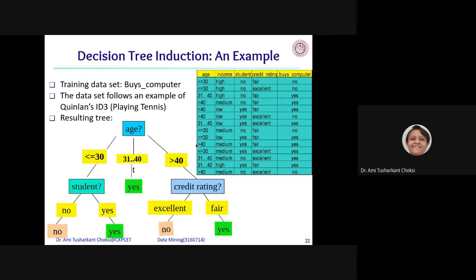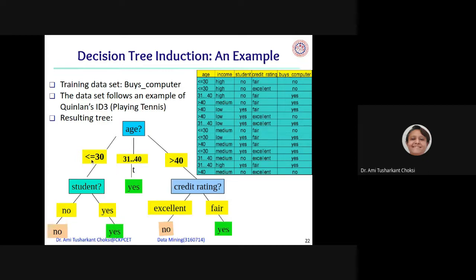Three classes are there for this age. So that's what we have provided. Now for 31 to 40, whenever it is there, irrespective of any other attribute, the buys computer is yes. So here we are directly giving it as yes.